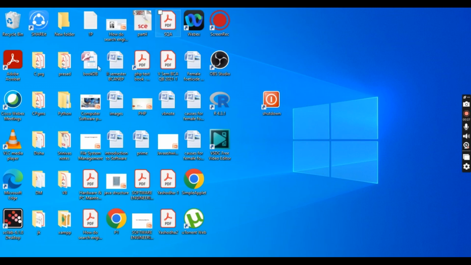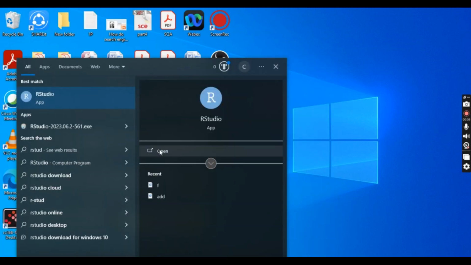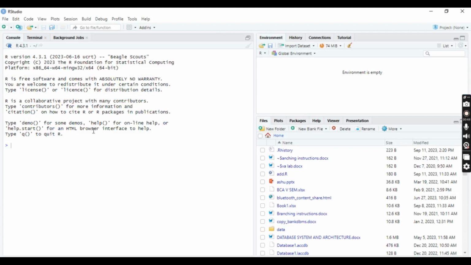The shortcut is not available here. R 4.3.1 is available here. You just go to Windows and type RStudio, then you will get into this environment. Just click here, then you will get into the RStudio environment, where you will get only three